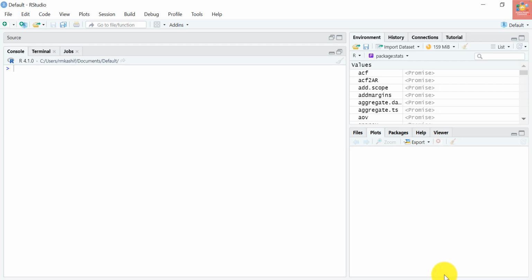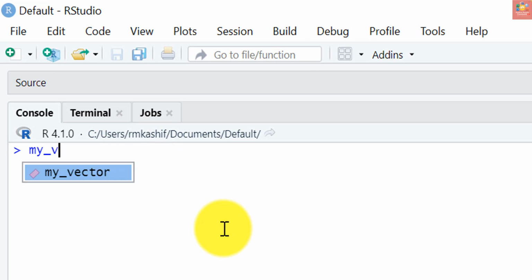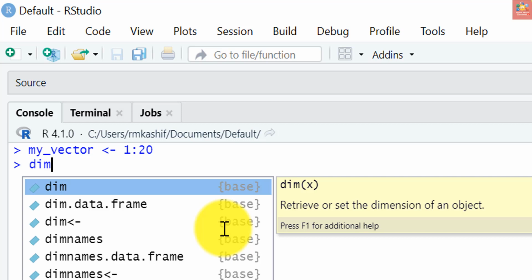Now let's get started by creating a vector containing numbers 1 to 20 using the colon operator, and let's call it my_vector, 1:20. The dimension function, dim, actually tells us the dimensions of an object.